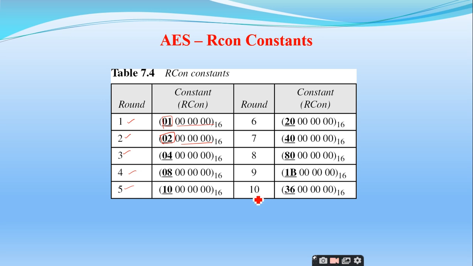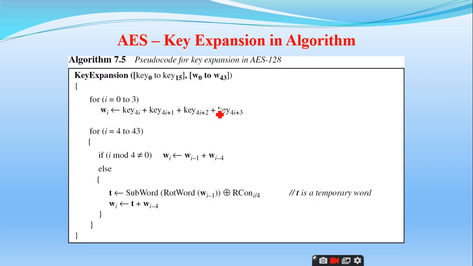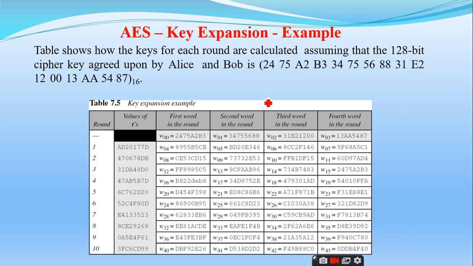Sir, what is the procedure for AES 192? The same procedure applies, but the number of rounds may vary, and maybe the size of the key which you are taking may also vary. So this is for 12 rounds. And AES 256 is for 14 rounds. The same procedure has to be applied. So this is the explanation or the algorithm the author has given for the key expansion in AES 128,